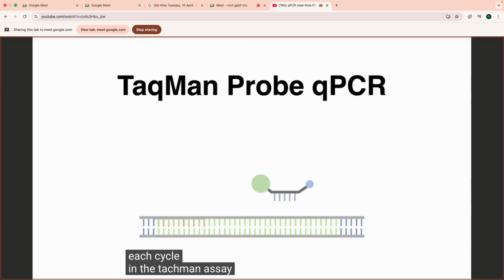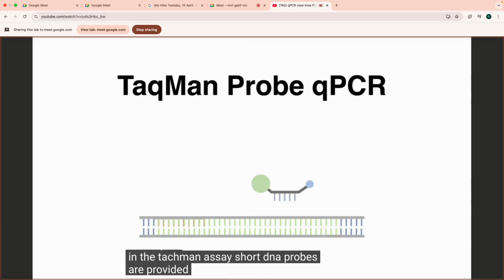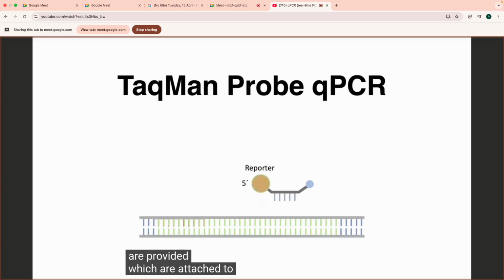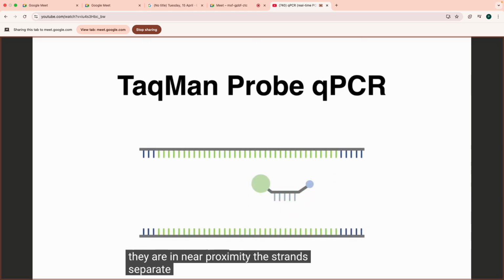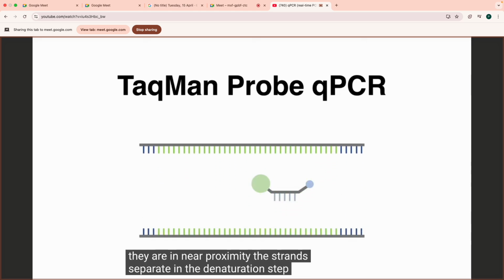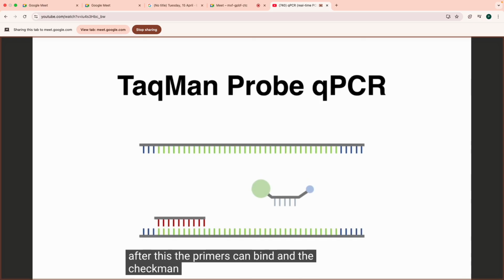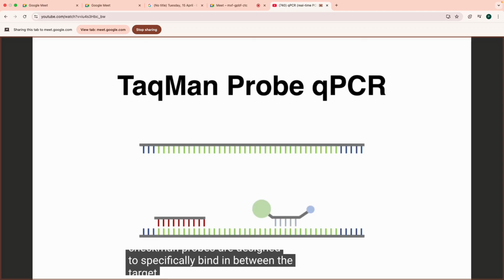In the TaqMan assay, short DNA probes are provided, which are attached to a fluorescent reporter at the 5' end. The reporter activity is suppressed by the 3' quencher as long as they are in near proximity. The strands separate in the denaturation step. After this, the primers can bind, and the TaqMan probes are designed to specifically bind in between the target sequence